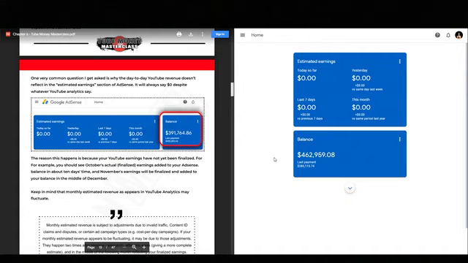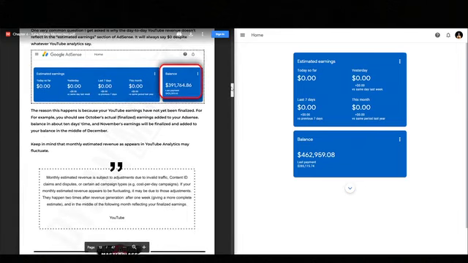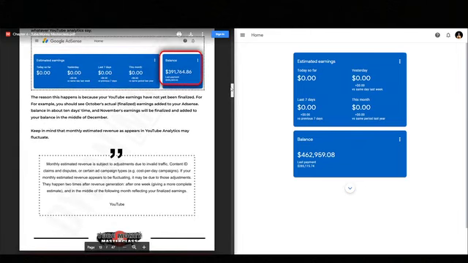So the balance, as you can see, mine won't actually show up until around the 9th of the month, right? So let's say you earn $5,000 in October. The $5,000 balance won't actually show up until around November 9th. And it's not always on the 9th, depending on weekends or whatever. It could be 9th to the 12th of the month, but somewhere around there. And so the balance, right, so